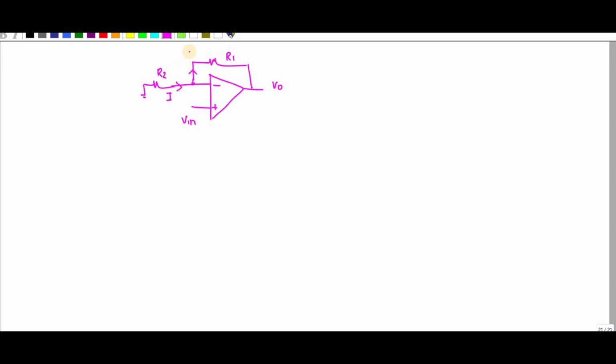So the point at this value is nothing but V1. So I can write the current which is flowing here is the current flowing at this one, because there is no current flow towards the op amp. So I can write this current value as 0 minus V1 divided by R2, that is equal to